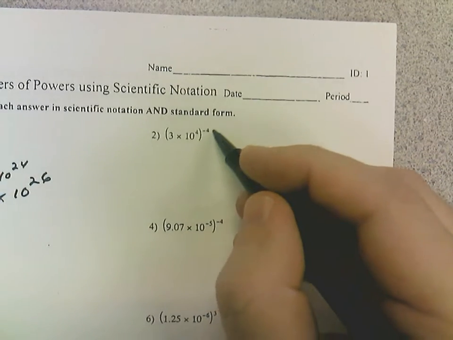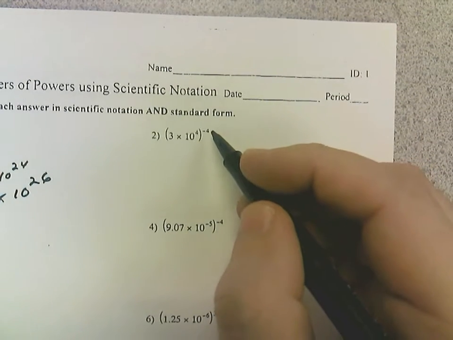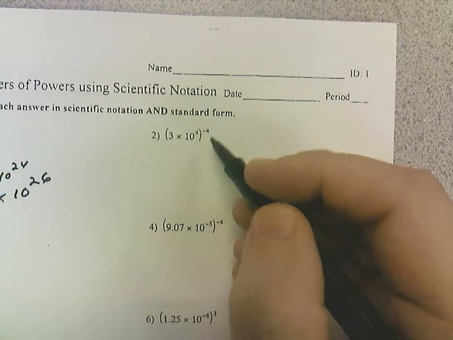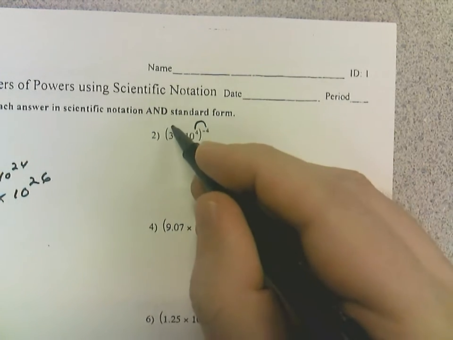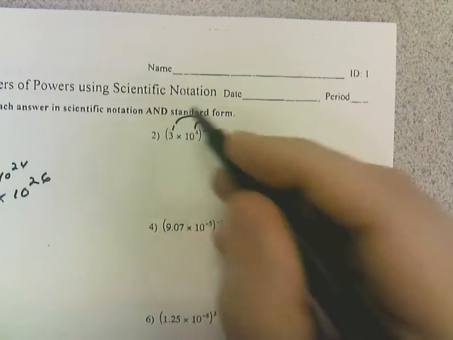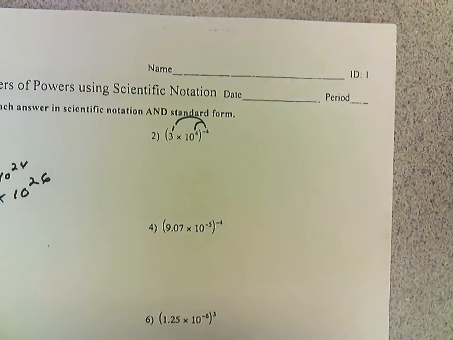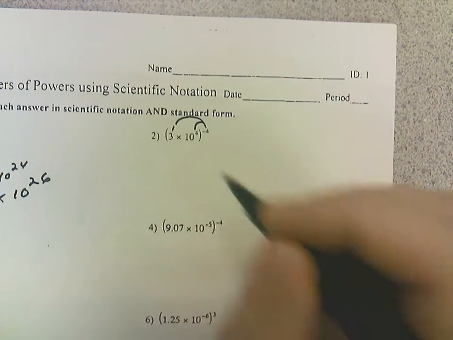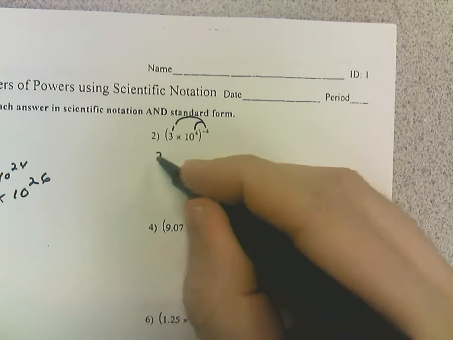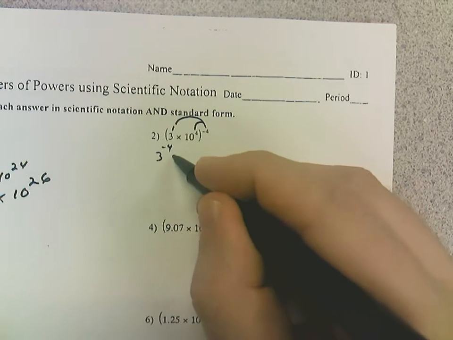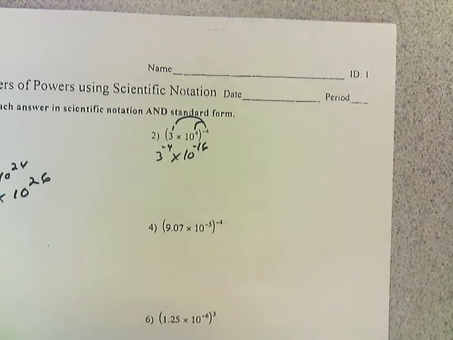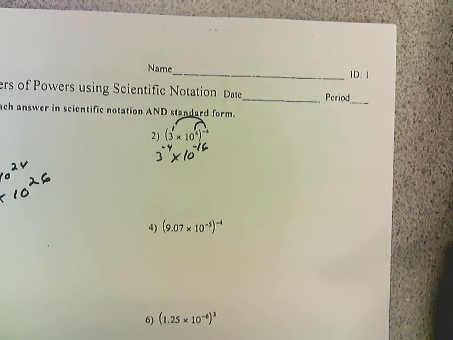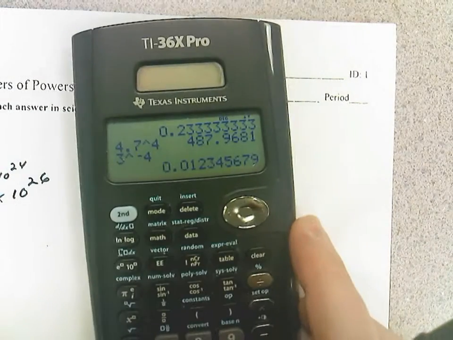So we've got a negative number on the outside, which means it's going to be making this number very small. But let's look at it. So that negative 4 is going to distribute to the 4, and then it's also going to distribute to the negative 1 there. Okay, so I get 3 to the negative 4 power. And then I get times 10 to the negative 16 power. Okay, 3 to the negative 4 power gives me